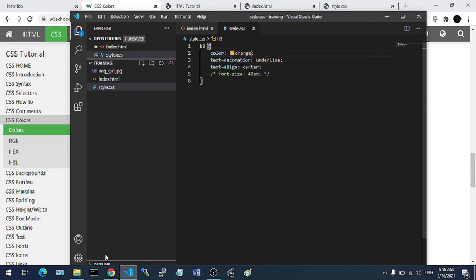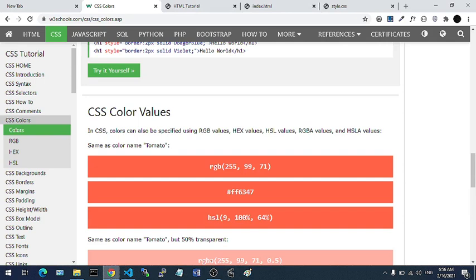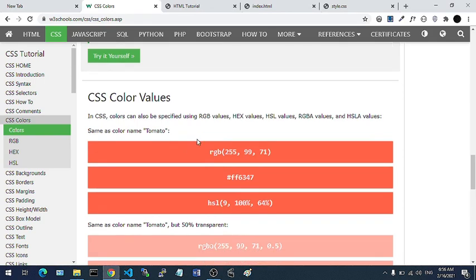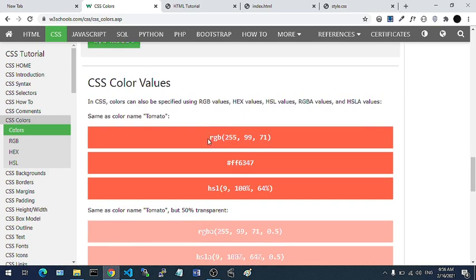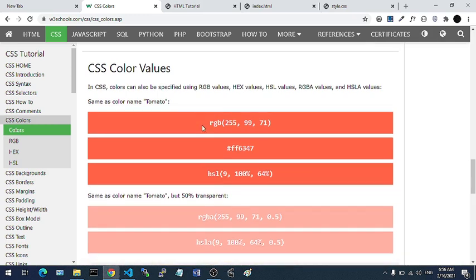But then there's another way, because you might read other people's code and then realize that they're using something different from names. So this is much more powerful than just name, because if you type in red, it's just going to give you red. But if you need something that is slightly red or a bit of white and has some sort of blue coloring underground, or you want to have a faint red or a very deep red, you need to start to change the way it is written. So if you look at what we have here, this is another format of writing